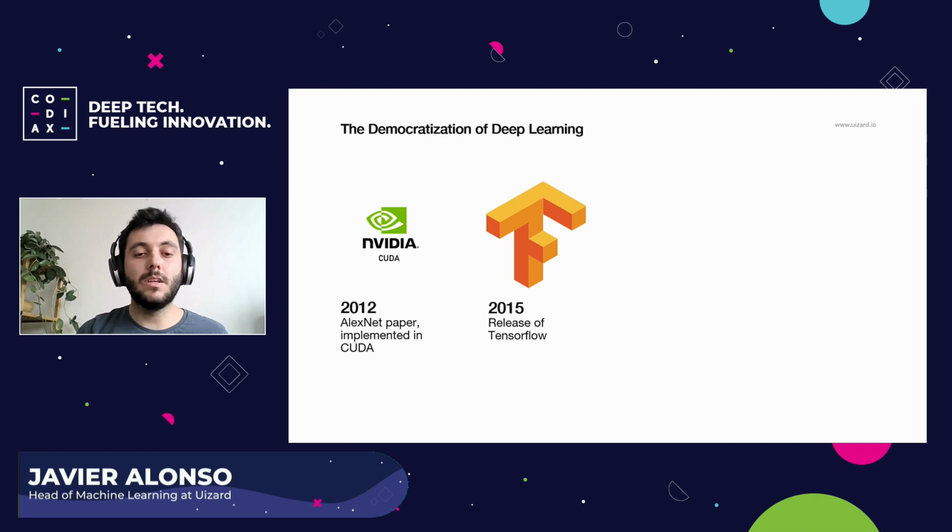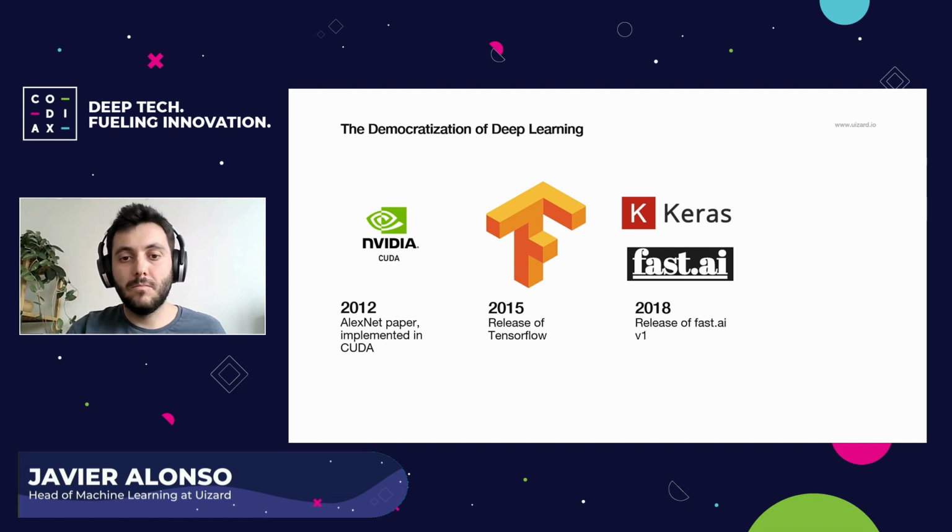In 2015, we got the release of TensorFlow, which allowed us to not have to define these low-level functions for every single small experiment that we do. It also allowed us to play with it in Python, which is great. And don't take me wrong, it was by no means perfect. Debugging was really difficult, but it was definitely a step forward. And since then, we have kept improving. Then we got PyTorch, we got the higher level libraries like Keras and FastAI.